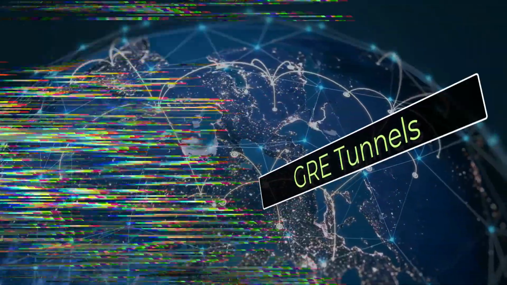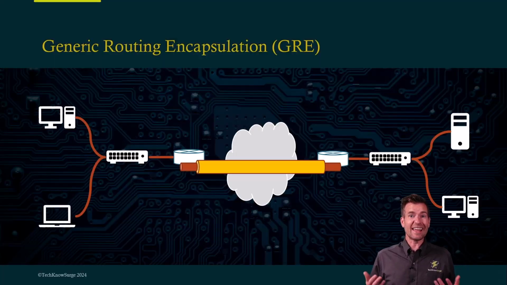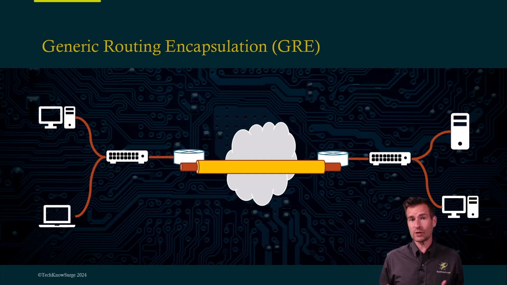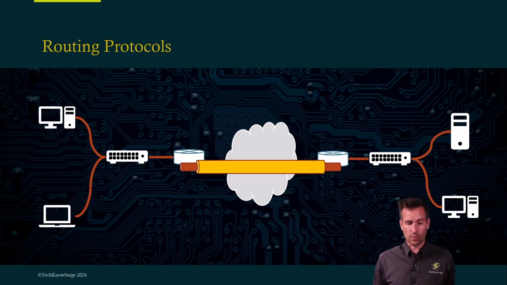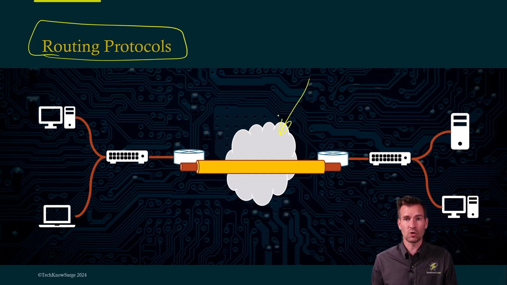So in this video, let's get into the GRE Protocol and what that looks like. The Generic Routing Encapsulation Protocol was created by Cisco, and it was for the idea of creating tunnels. And one of the most common examples of where we would use this is so that way we can pass routing protocols across networks that we don't necessarily have control over, or maybe we don't want it to participate in